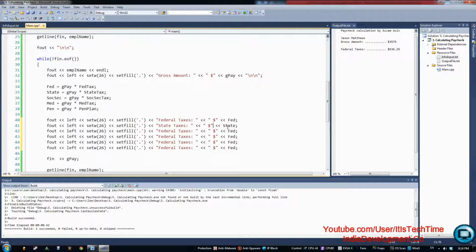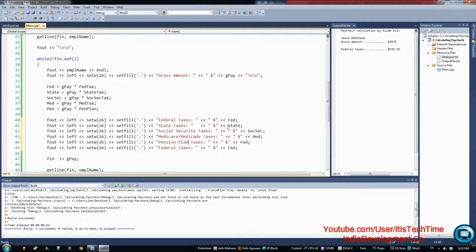I like to keep them in format, so I'm going to push them a little bit. And in here we need to change the state to social security, and let's go ahead and change this one to SOSIC, and then the same thing with federal taxes is going to be Medicare, Medicaid, and then in here we're just going to call it med, and federal taxes is going to change to